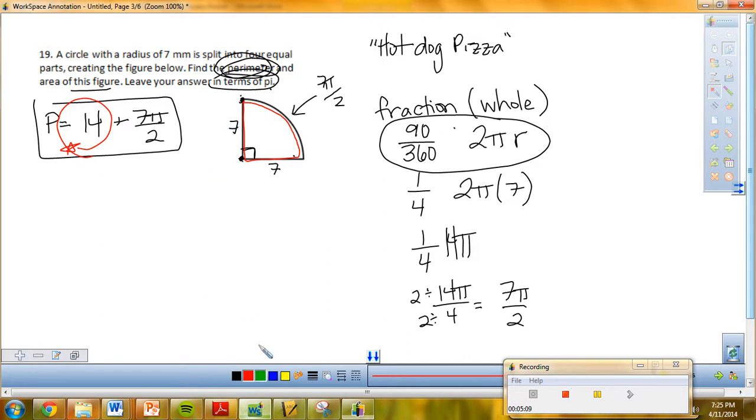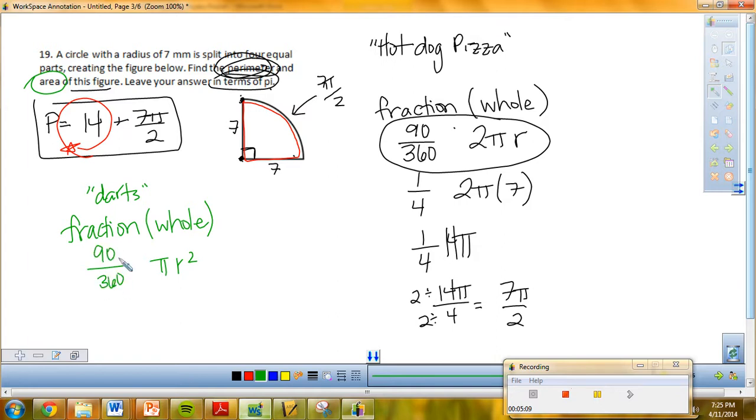They also want us to find the area of the figure. So area of the figure was just like when we were doing dartboards, right? So here, again, it's the exact same idea of the fraction times the whole, but in this case, instead of talking about 2 pi r, we're talking about the whole being the area, the whole area of the pizza. And again, the fraction is found in the exact same way, 90 out of 360. Which I know simplifies to